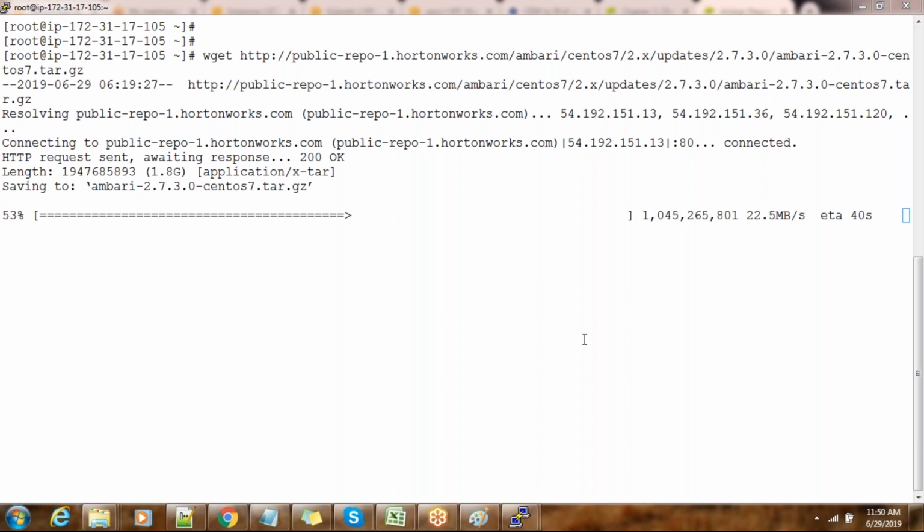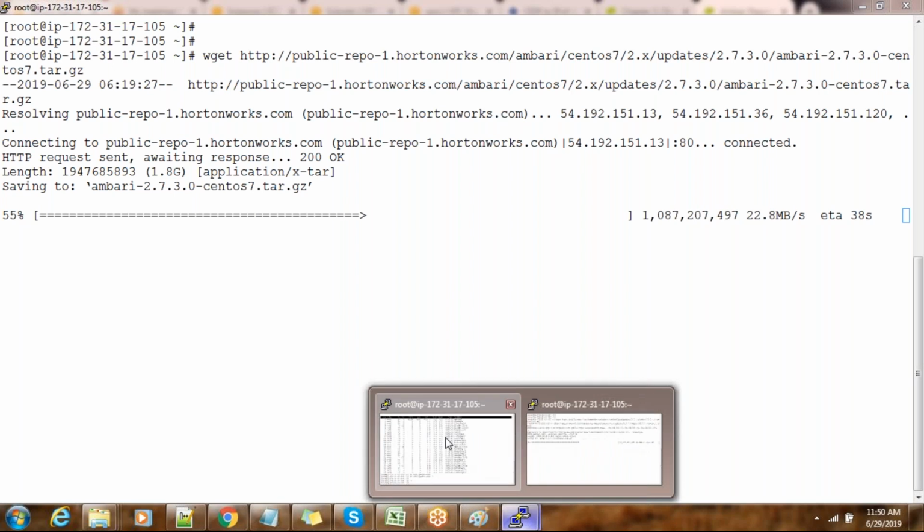Okay, while this is getting downloaded, we will try to create the repository. For creating the repository, you need to host this file somewhere. I'm installing HTTPD.